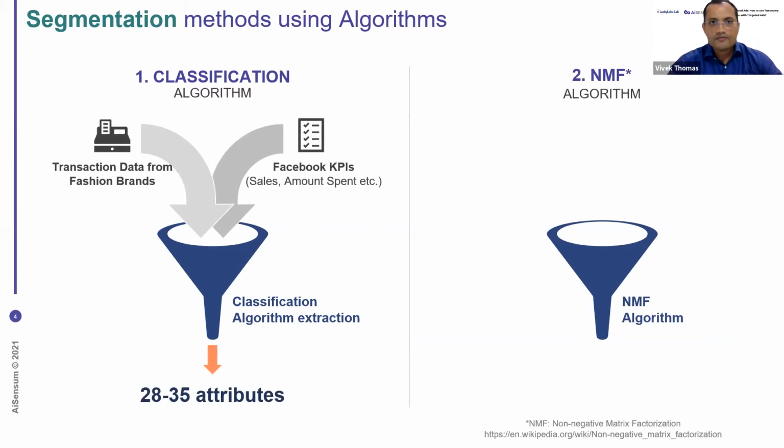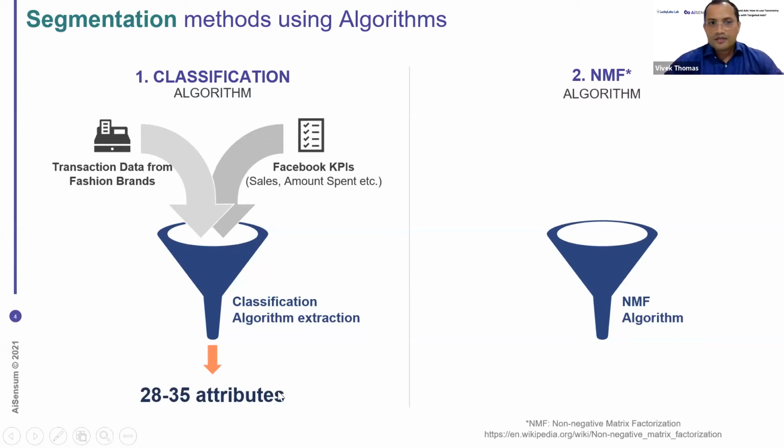So that gives you a little bit of machine learning on your previous data, so that, let's say you ran some campaigns, you know the amount spent and what the sales were that you got. You can merge most of this information, and using a classification algorithm, you can combine this data and create about 28 to 35 different attributes. I won't go into the details of how this is done, but just imagine your transaction data along with your marketing data becomes these attributes.